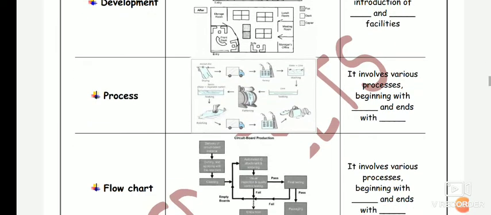Okay, then next is the process chart. The process chart is also a kind of basic thing, and they will give you a particular process and you have to describe every step accordingly. Like in this particular photo, they are making leather items, and the photo shows what processes happen to make a particular leather item. First of all, they choose a dry skin, then it is transported to the factory, then some washing is done, then it is the soaking process, then the further one is the flattening process.